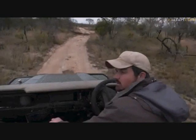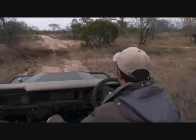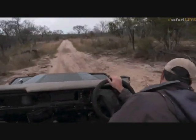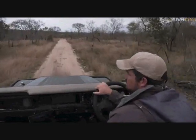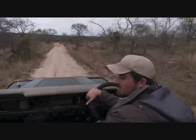So I just wanted to check Vulture's Nest. There's nothing on Vulture's Nest coming out there, so maybe, just maybe, they're still lurking somewhere in this general area at the moment. Could also, of course, be heading down towards Gari Dam. Maybe they're going to go down for a little drink there. It's not very hot weather, so I don't think they're going to be that desperate for water, but you never know. Also, the direction that they've come from is from Buffelshoek Dam side, so they probably had water there already